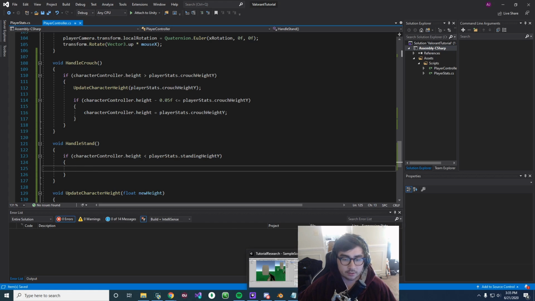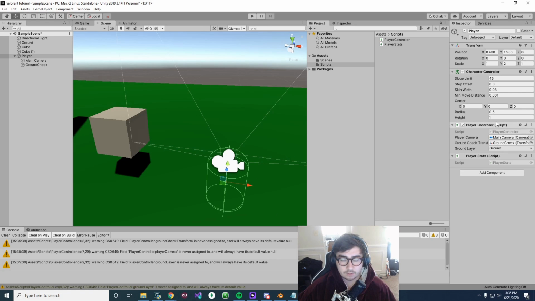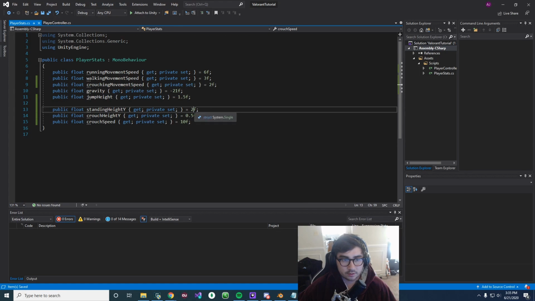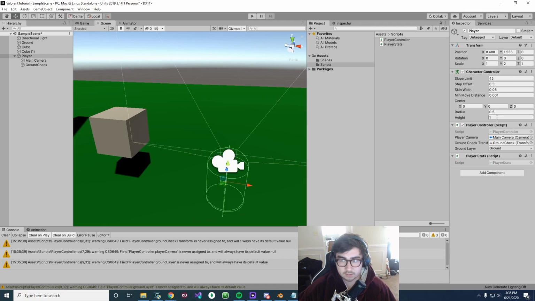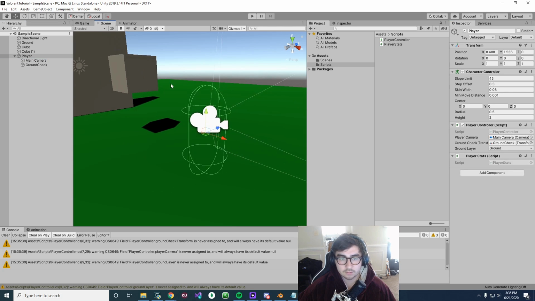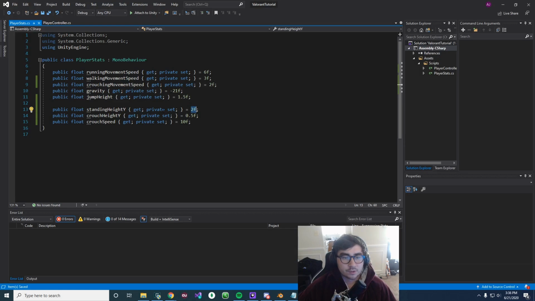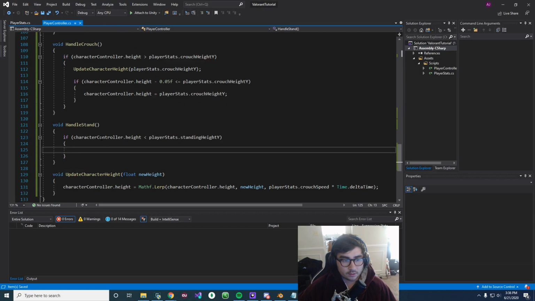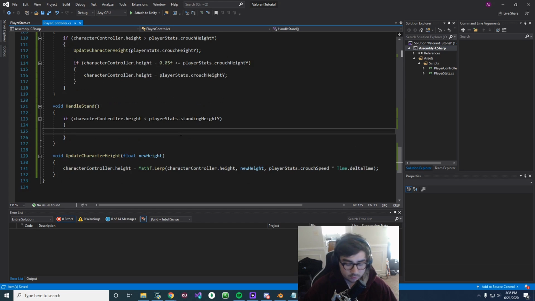We're trying to stand up now, and I know we said our standing height in our player stats was 2f, so let's go back into Unity and our character controller and change it to 2, and then change the scale to 1, so because we did that it should look the same, but the height value should be different, and the scale for our transform is different. So let's go back to Visual Studio and let's stand back up.